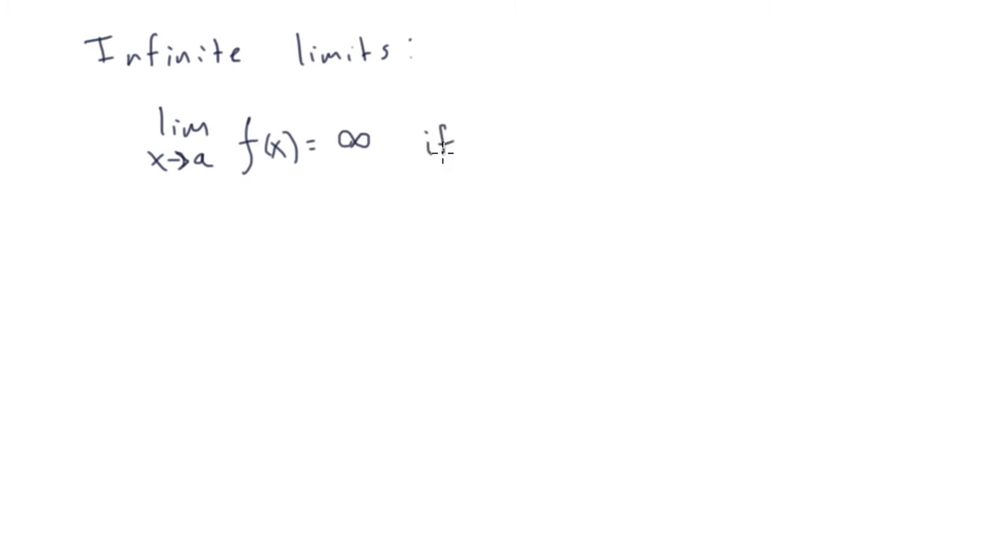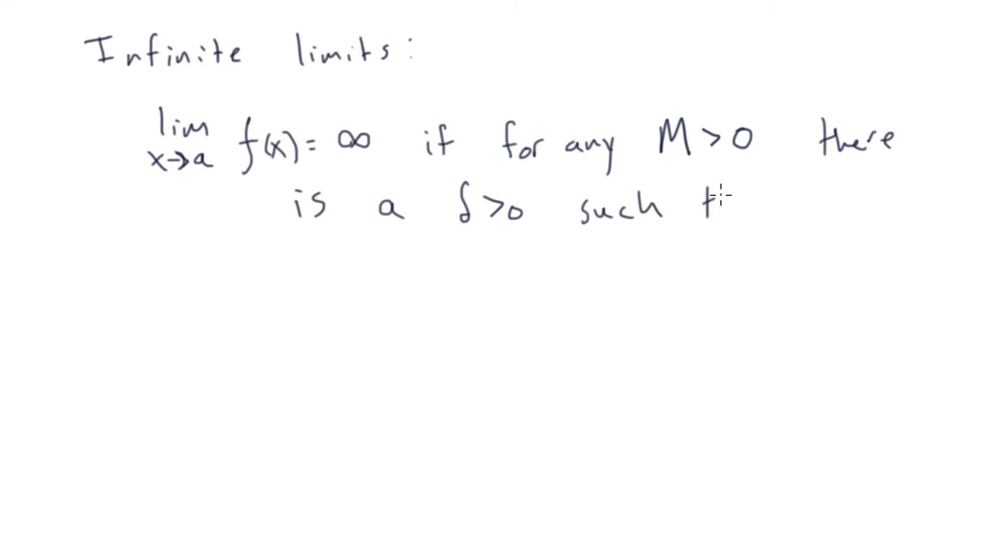Things change a little bit here, because now it doesn't make sense to say the function values are within epsilon of a real number. The function values are supposedly going off to infinity. So here, we need to say if for any positive number M, there is a delta greater than 0, so again, now x should be within a small distance of a, such that